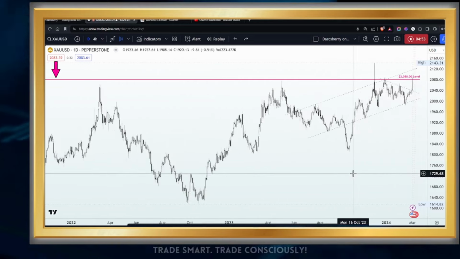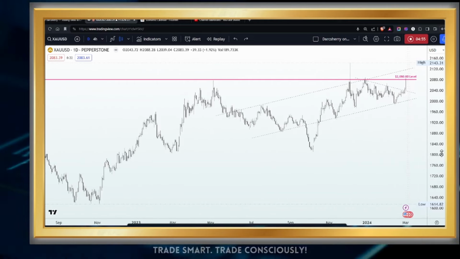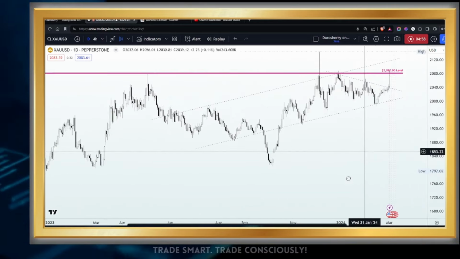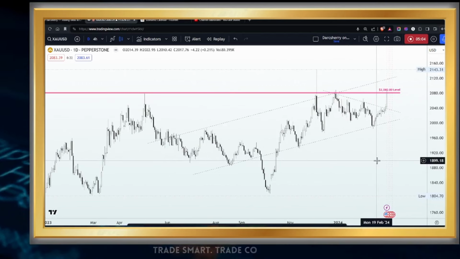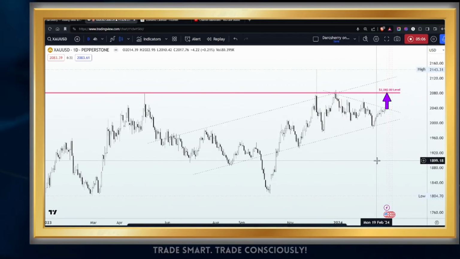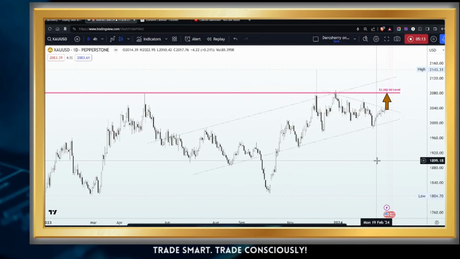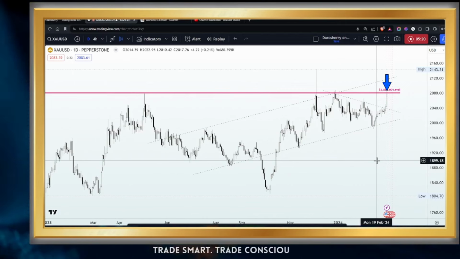Now, as a result of this observation, we are going to be using that level as our key level for this week. And of course, you know how we use our key levels in this community. As long as price action remains above the key level, we want to be looking out for patterns and structures that support the idea of buying the asset. But if price drops below and continued selling pressure persists below the structure, we obviously want to be looking out